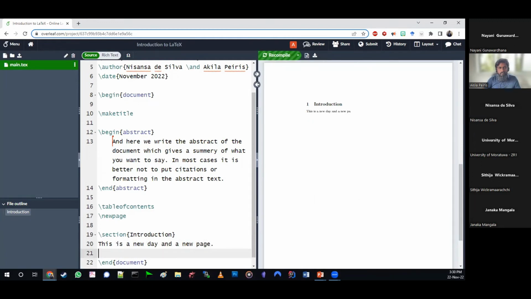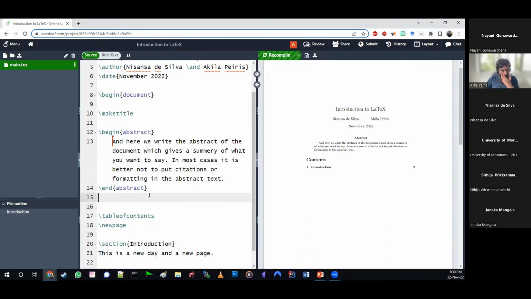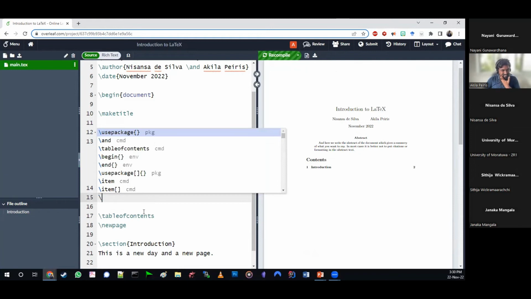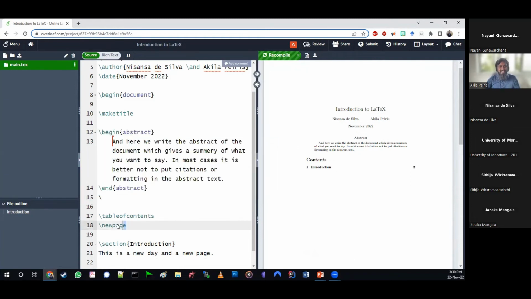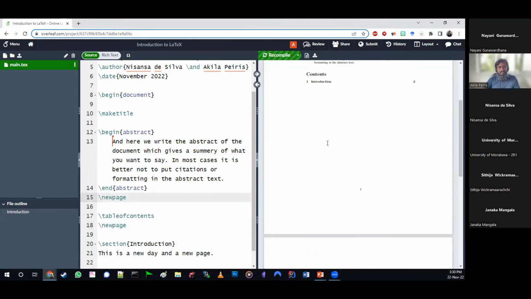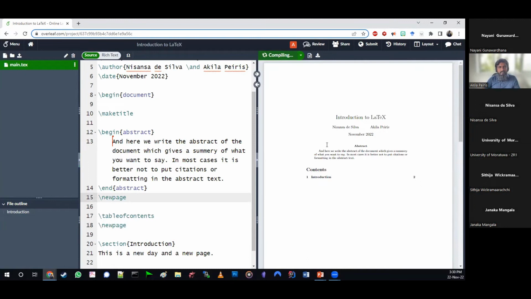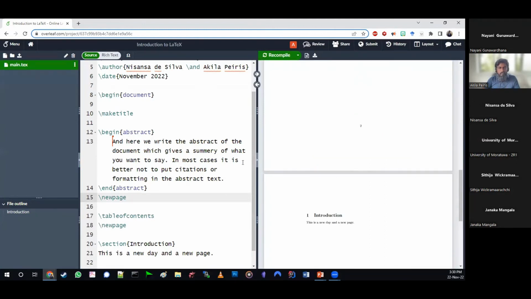All right. Now, let's look at how LaTeX handles headings. You already can see introduction is handled this way, right? So introduction is in the table of contents. If you are like me and have an OCD feeling that the table of contents should start in a new page as well, yes, let's do that. Let's get it to a new page. You say go to a new page, and now it is in its own page. The numbers are settled. This is now 3, and they are automatically updated.